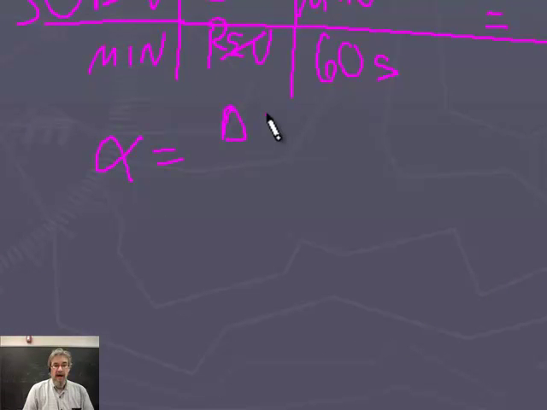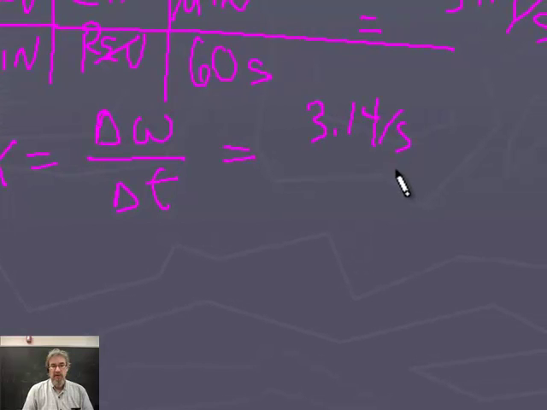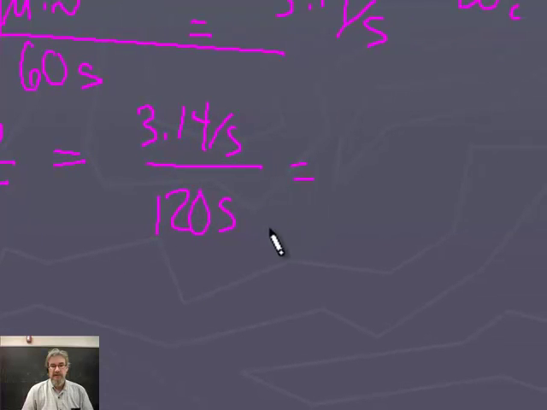What we're trying to find out here is alpha. Well, alpha is just the change in omega with respect to time. And we know that the final omega is 0. So the change in omega is just 3.14 per second minus 0, or 3.14 per second. This happens over 120 seconds. And so we have units of square seconds. And when we do the arithmetic, we get 0.0262